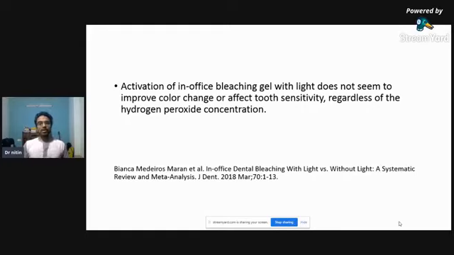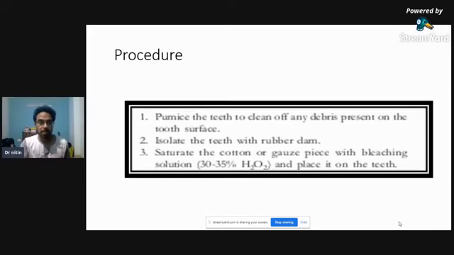So this is now clear that if we use or don't use the light source, the result would be a lot more similar. So no more need to invest in an expensive light source for providing stronger results. Okay. So now if we go for an in-office bleach,